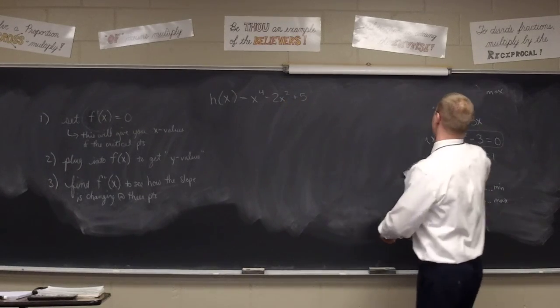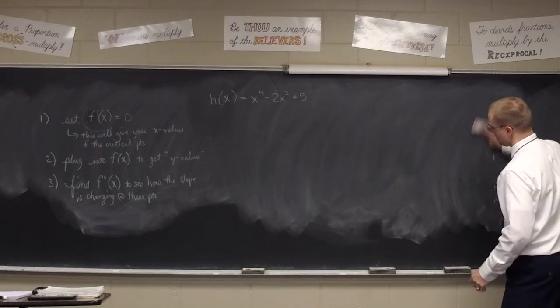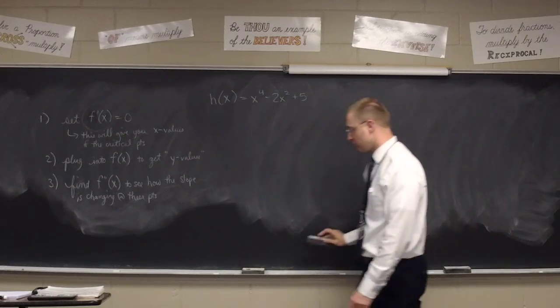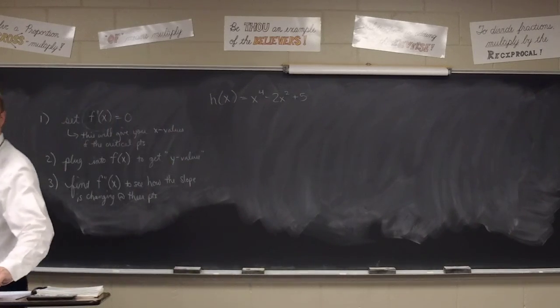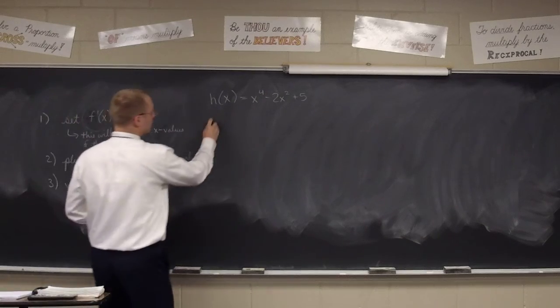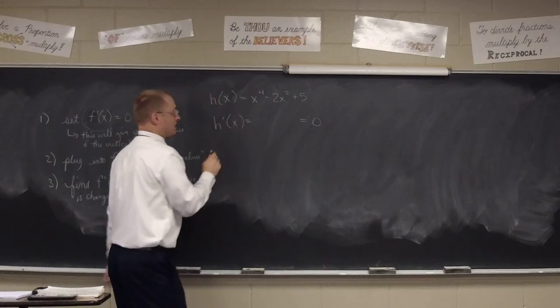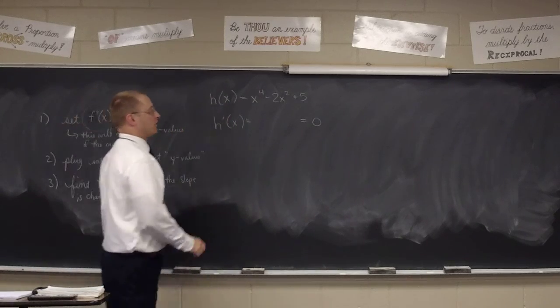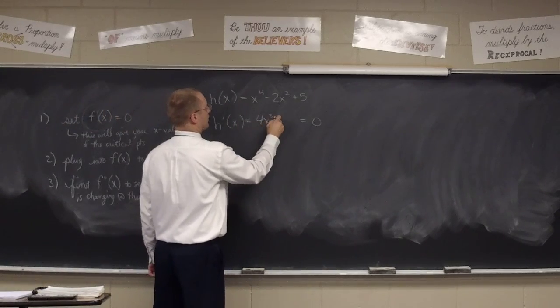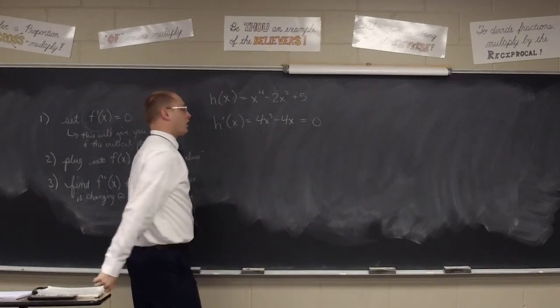What do we do first, Quentin? Set h prime of x equal to 0. Set h prime of x, whatever it is, equal to 0. What is h prime of x, Jamie? Is it 4x cubed minus 4x? Okay, and so